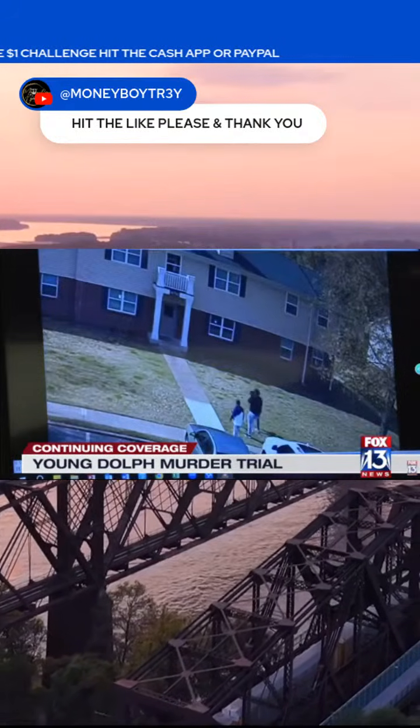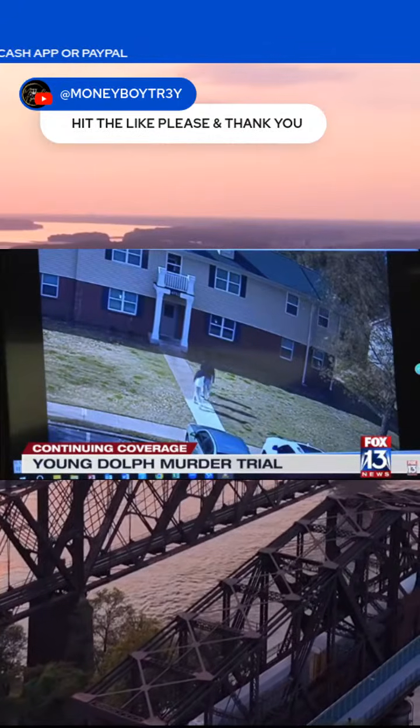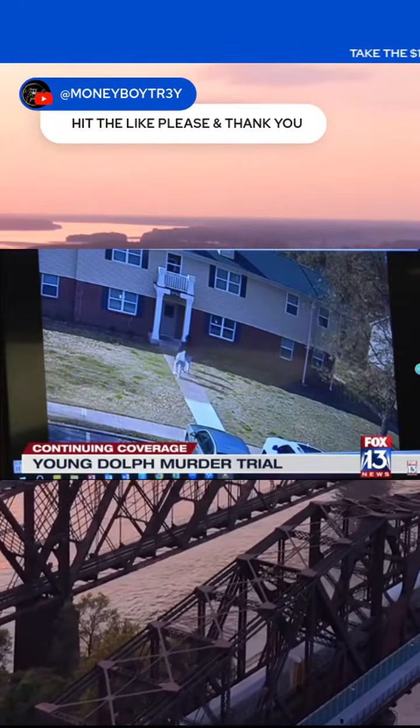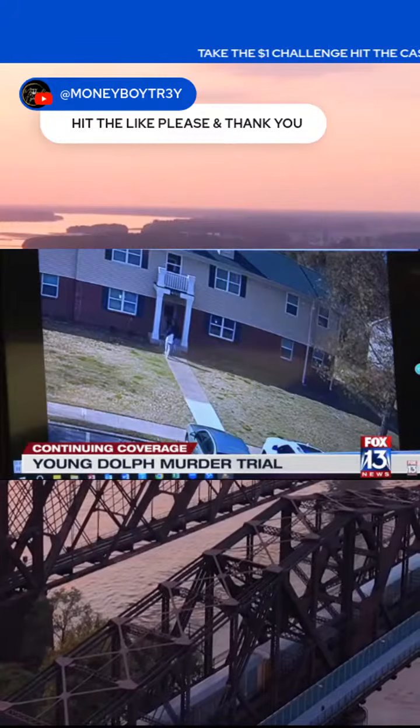Who are we seeing here? It's me and Justin getting out the truck. It was me on the driver's side, my shirt up because I've been shot and trying to hold